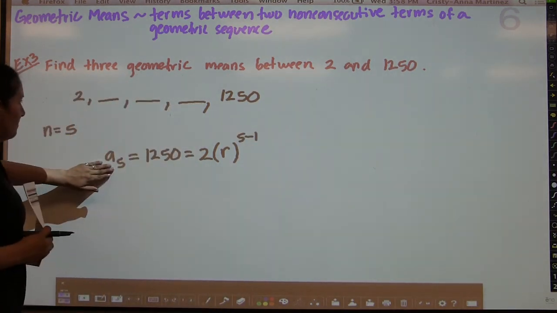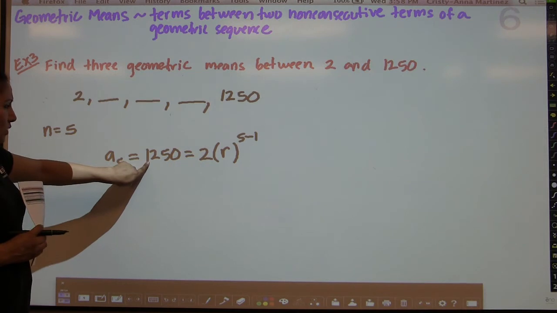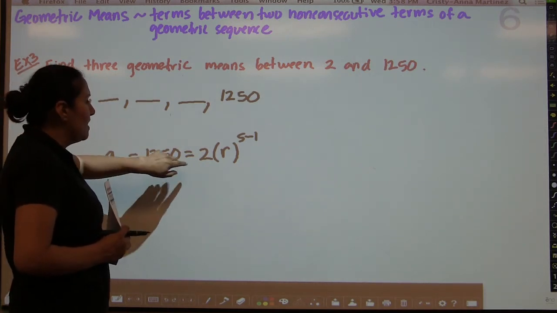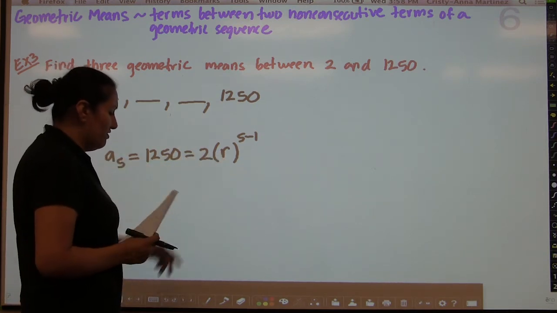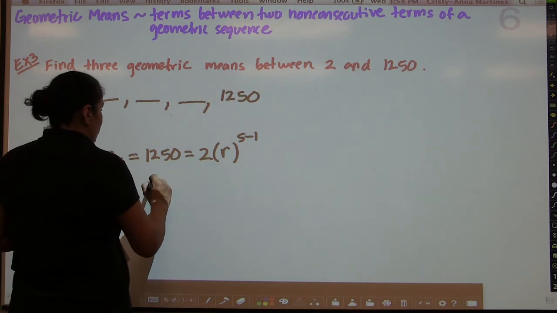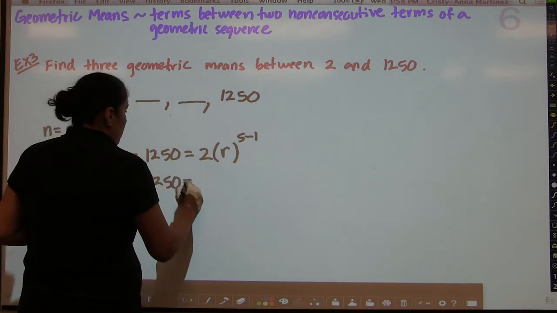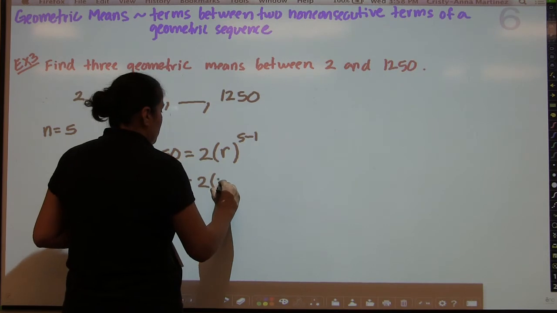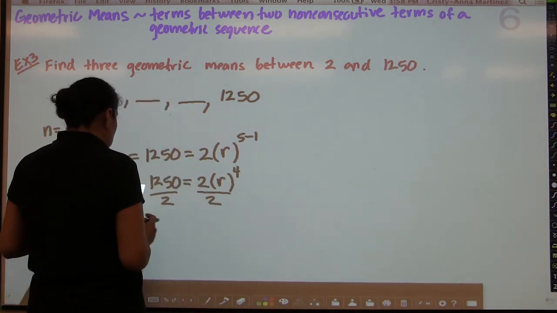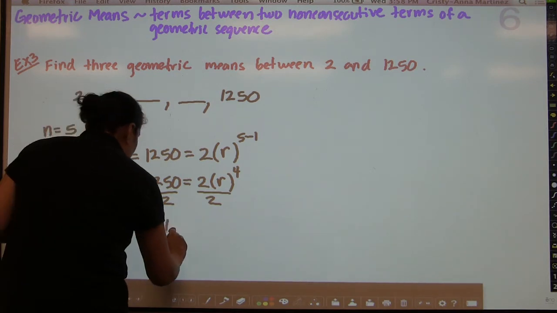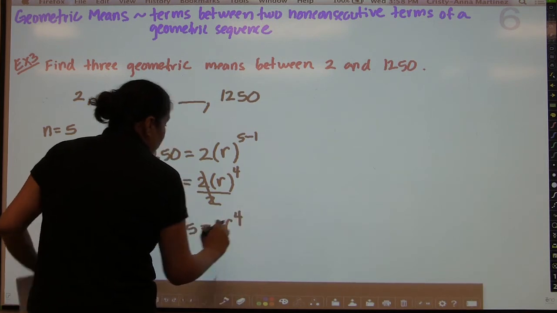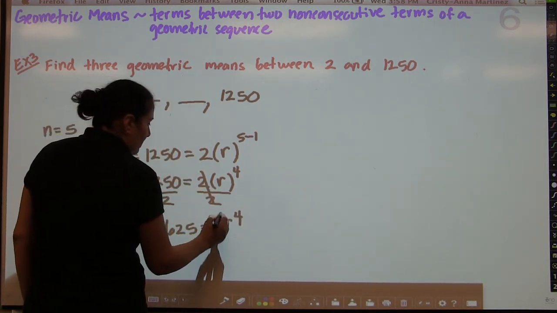So we know that a sub 5, being that it's the 5th term, should equal 1250, and in turn, if we plug it into the geometric sequence formula, it should equal 2 times r to the 5 minus 1 power. And we're just going to solve for r here. So this is going to be 1250 equals 2 times r to the 4th power. We want to divide by 2. 1250 divided by 2 is 625. And then to get rid of the 4th degree exponent there, we're going to take the 4th root